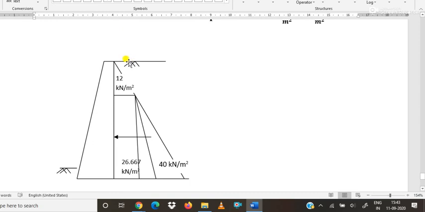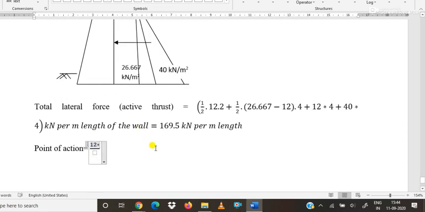If we are calculating from the top of the wall, that is 2 multiplied by 2/3, that means 4 by 3. This plus,